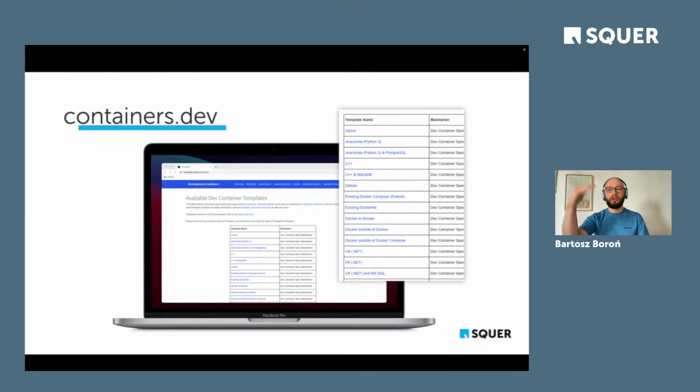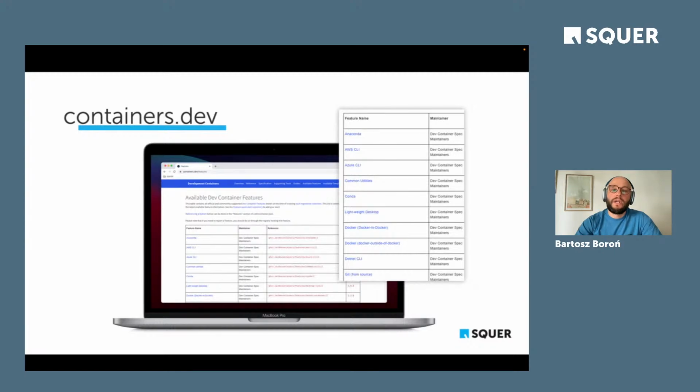You can rely on already predefined templates. And there is also a list of so-called features, which are basically packages, which you can install into any container you want. So these are basically a list of tools that you can have inside your container.